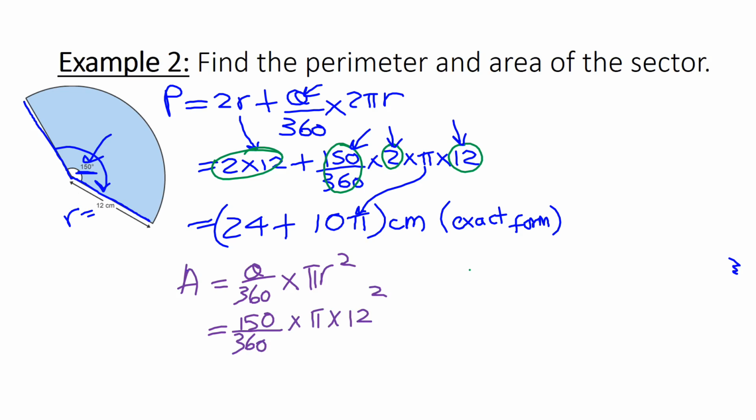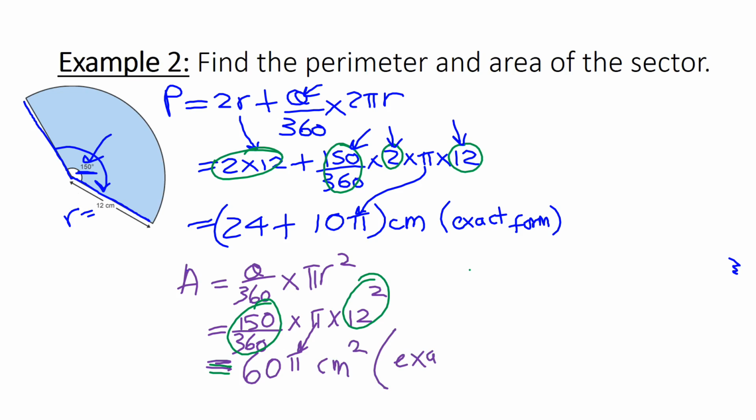And this is where we want to enter certain parts now into our calculator. All the numbers, everything except for pi. Pi is also a number. Just don't enter the pi if you're doing the exact form. So if you put all of that into your calculator, you should find, at least I found, that I got 60. And then your pi should just drop straight down, and it is area, so it's going to be square centimetres